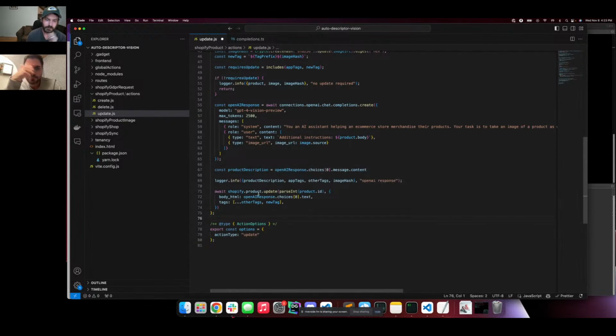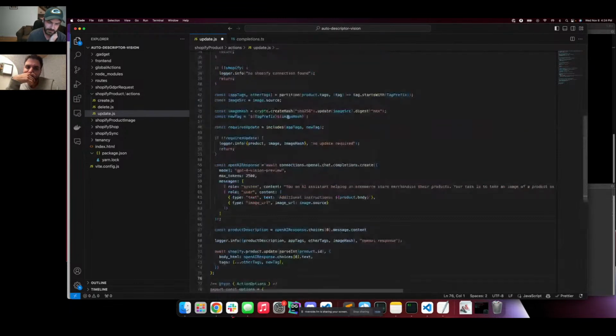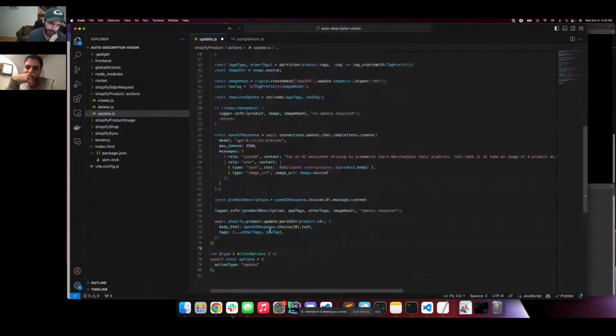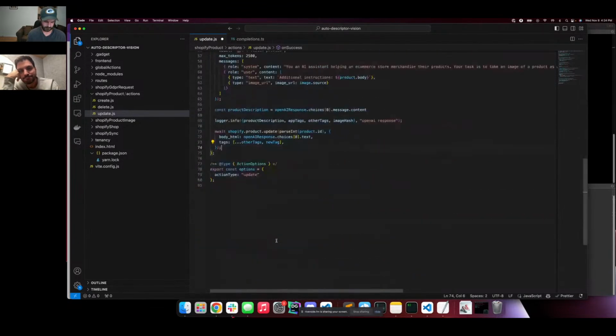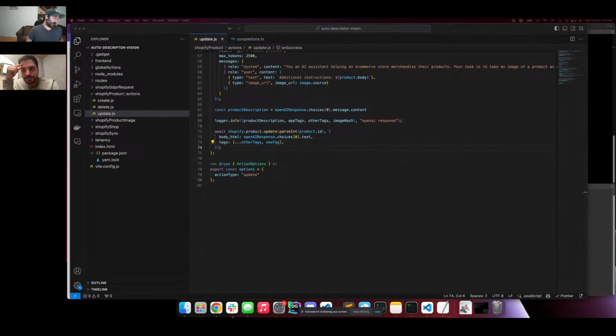Write back my tags. So I've created this tag based on the current image hash. And now when I update my product, I'm going to make sure I put it on there. And this is going to be the thing that breaks that loop. I think it's an interesting way to break that loop. It also breaks the loop of listening to your own webhook echo, but you could have done that with a record.changed as well. I could have, but I think